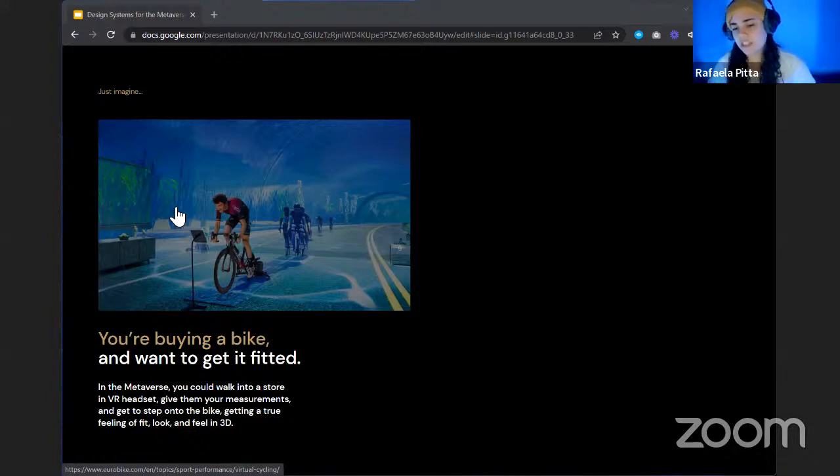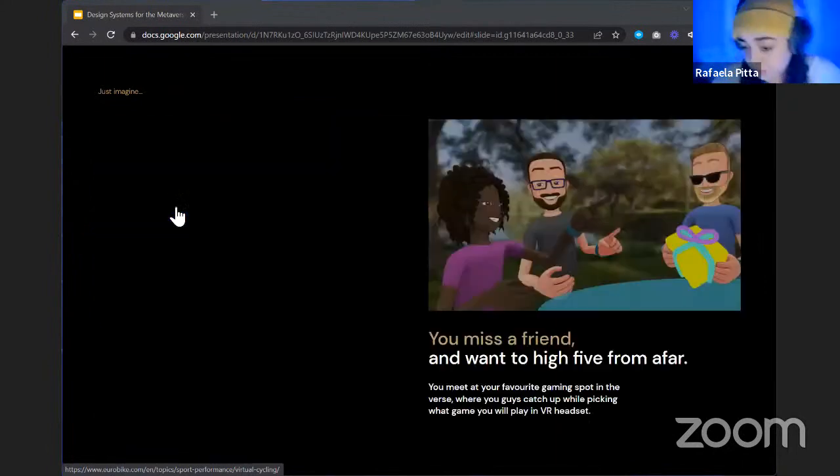You can connect with friends, get fitted, get to a lot of places in the world, get together and do whatever you want, but in the digital, in the 3D universe that you create yourself, or you can join an existing universe.